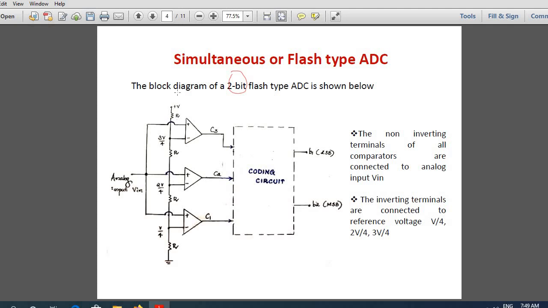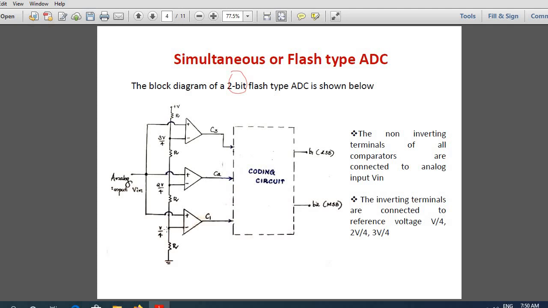So this is a voltage dividing network. At the top you have a reference voltage plus V. Now take a node here and connect it to the negative terminal here. Take a node here, connect to the negative here, and take a node here, connect to the negative here. Now connect a resistance between these two nodes, another resistance between these two nodes, another resistance between these two nodes, and another resistance between this node and the ground. This is how we are utilizing the 4 resistances.